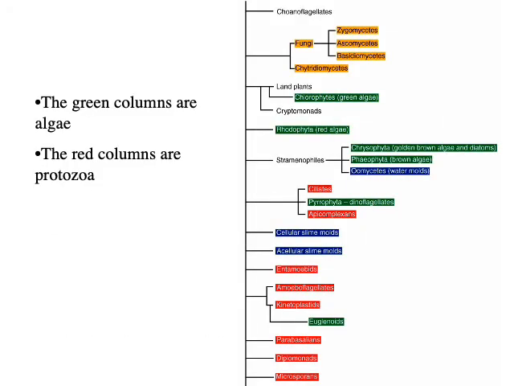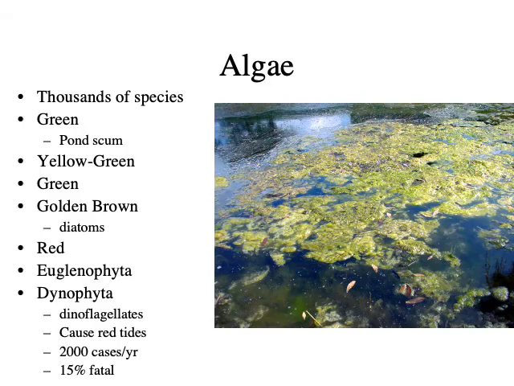Here's what the taxonomy looks like. The green is algae, and the red is actually protozoa. So things like amoebas and paramecium, things that are definitely more animalistic in how they move and how they eat and stuff. So genetically speaking, algae is like all over the place. And I actually don't know what it is. It's really pretty interesting that way.